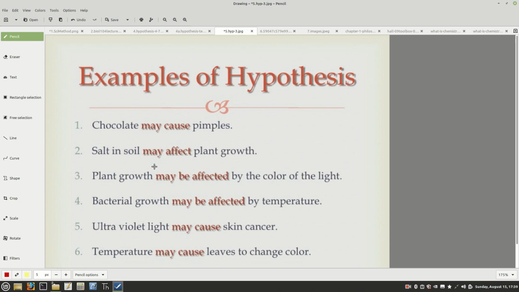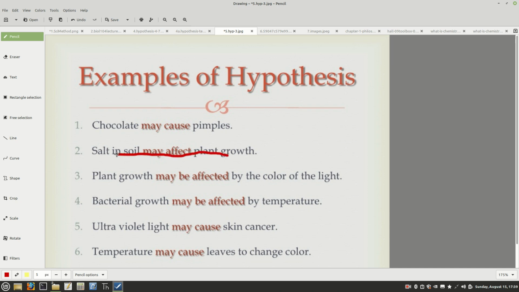But of course, there might be the fact that maybe the plant needs a little bit of it. So when you get down close to zero, if you did take it to zero, maybe the plant doesn't grow at all. And so your hypothesis would be, if you said that the more salt, the less it grows, and then you realize you take it to zero and it doesn't grow at all, you would have to alter your hypothesis and just say what they say here.